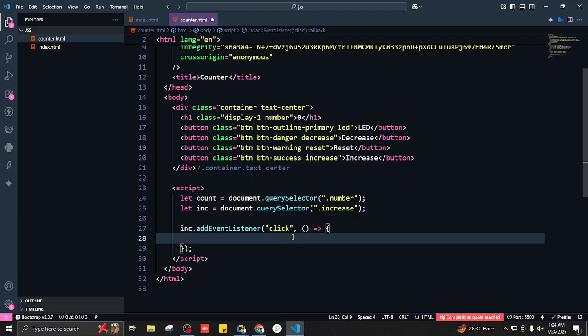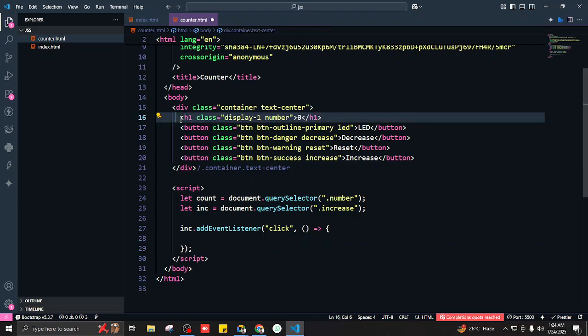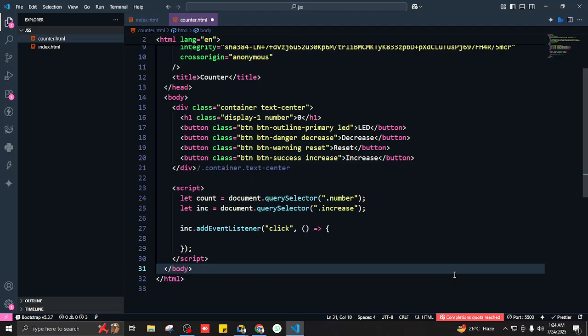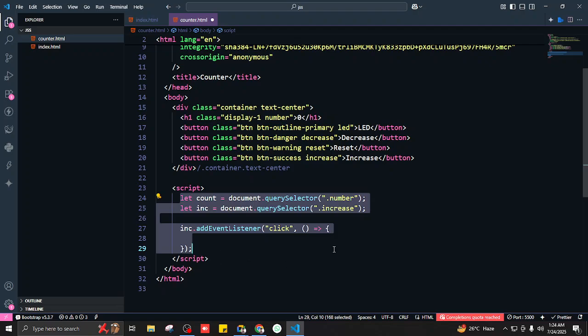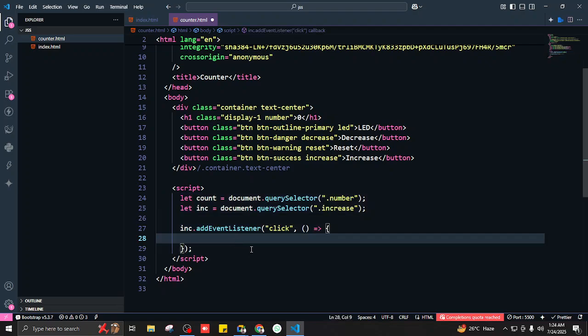You want us to increase? Yes, we want to increase the number. Good. What is this number? We have already gotten it in our JavaScript. So how is it referred to in our JavaScript? In which variable is this h1 being held? The count. Count, good. So what do we want to do on every click? You want it to increase? Yeah, good. We want to increase what? The number. The number is stored in count. So we want to increase count on every click,